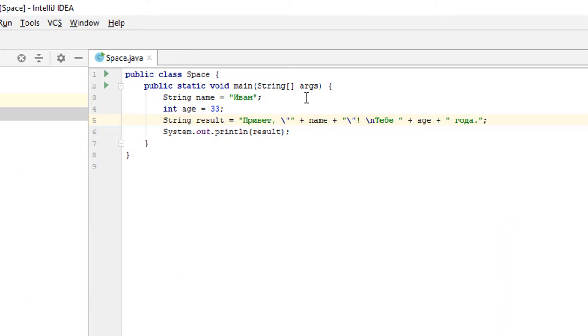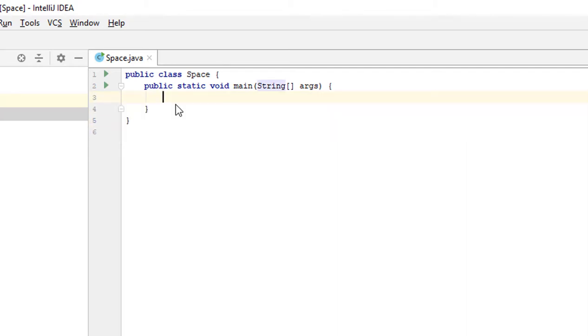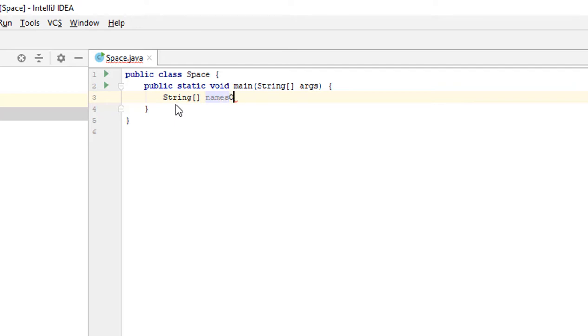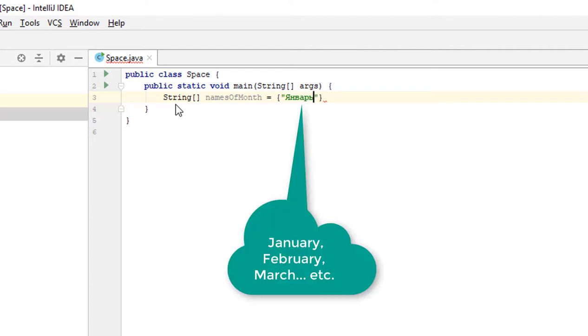Well, I hope you've completed the task. Here's the solution. Create a string array. Type string, square brackets. Call the array names of months. Now type an assignment sign and initialize the array immediately. Open curly brackets. Type January within quotes, comma,